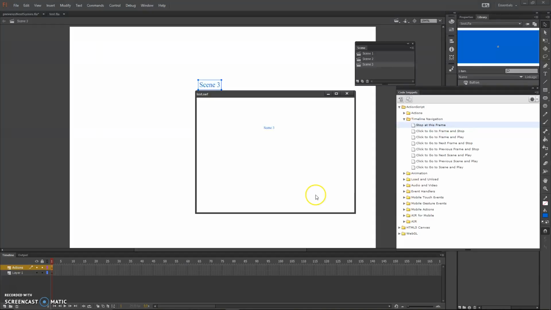So that is the way to create a basic non-linear animation, or it could have educational content in there in each scene. It could be